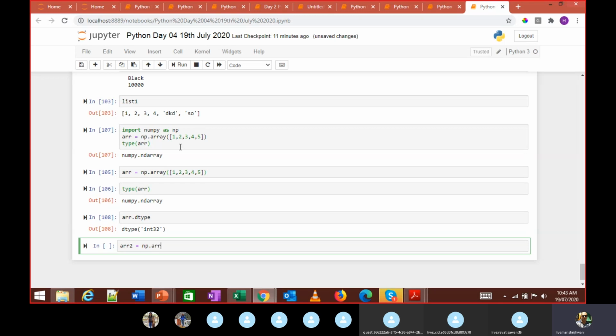So np dot array is the function I'm going to use. To this I can pass a list or a tuple. To pass a list, I am writing the values 1 2 3 4 5 like that. Or let's say if I pass all strings,